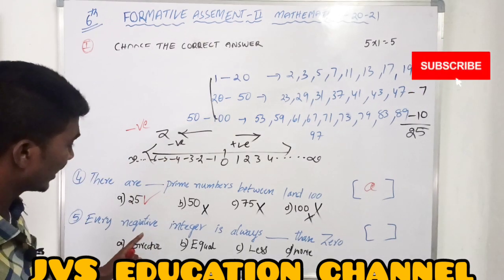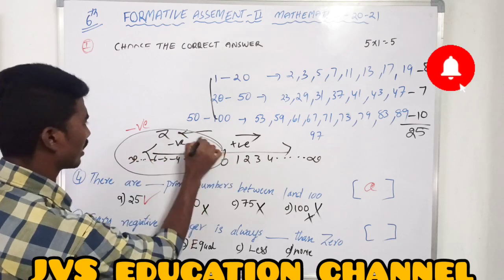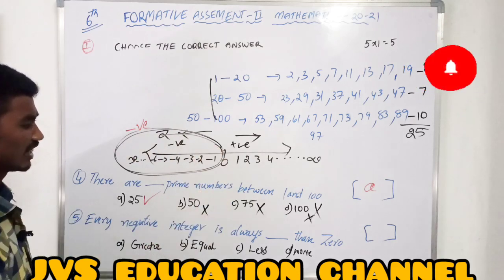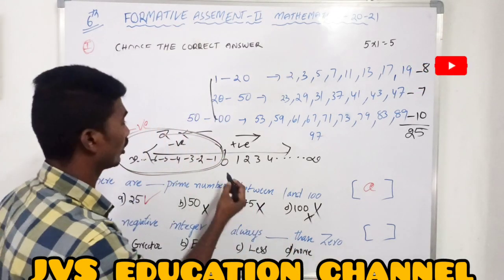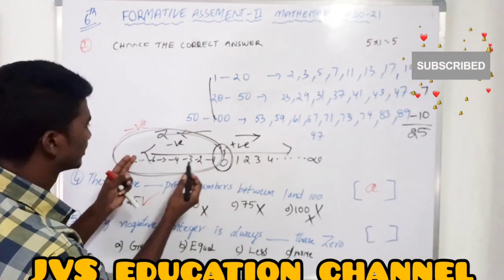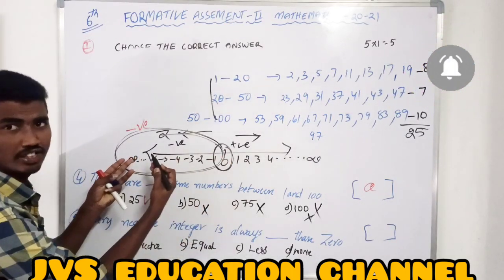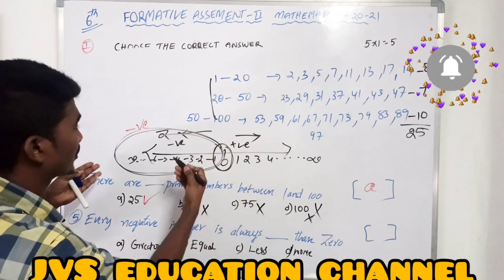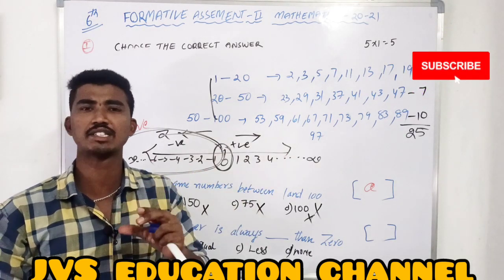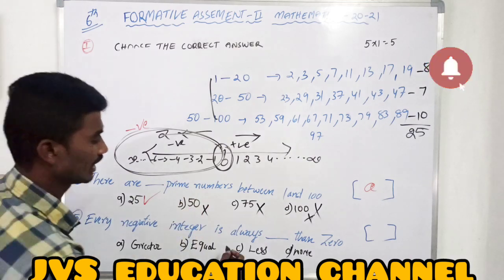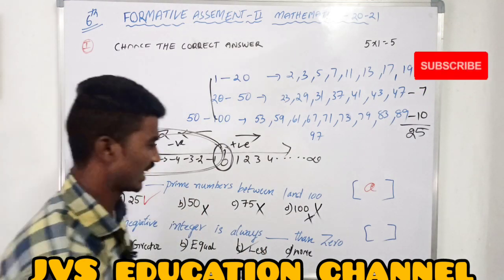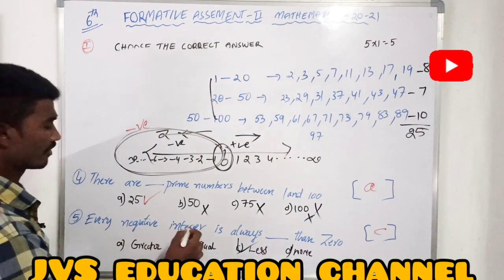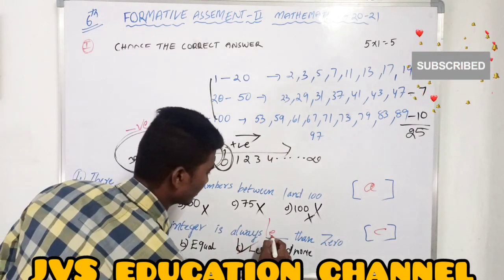Listen, what is the question? Every negative integer, those numbers are negative integers, is always dash than 0. We have to find out where we have 0 and the negative integers. Which side do we have the negative integers compared with 0? The left side. From right to left, values decrease. Decrease means lesser. So the answer is less than, option C. Once again, the question: every negative integer is always less than 0.